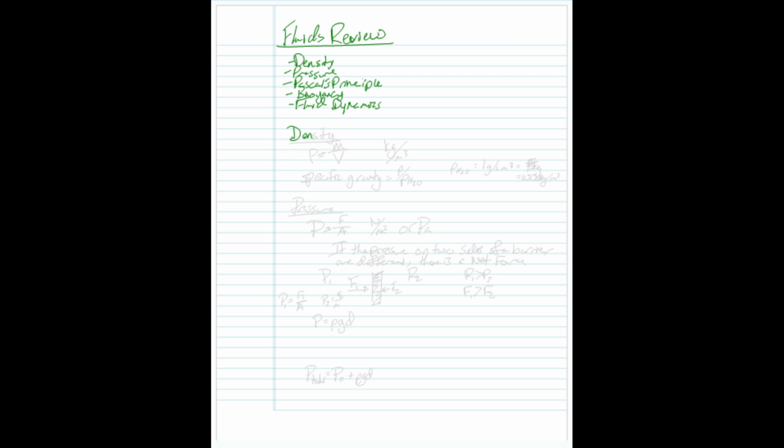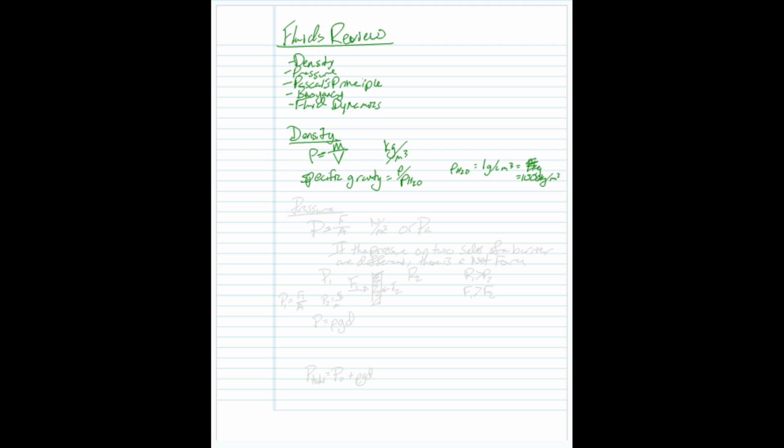First topic we covered was density. We didn't really cover this at a very great detail. We just know that rho is the variable we use for density, and it's equal to mass divided by volume. We measure it in kilograms per meter cubed in this course. We also learned about something called specific gravity, which is the relative density of a material with respect to water, rho over rho of water. The density of water is 1 gram per centimeter cubed, which is 1,000 kilograms